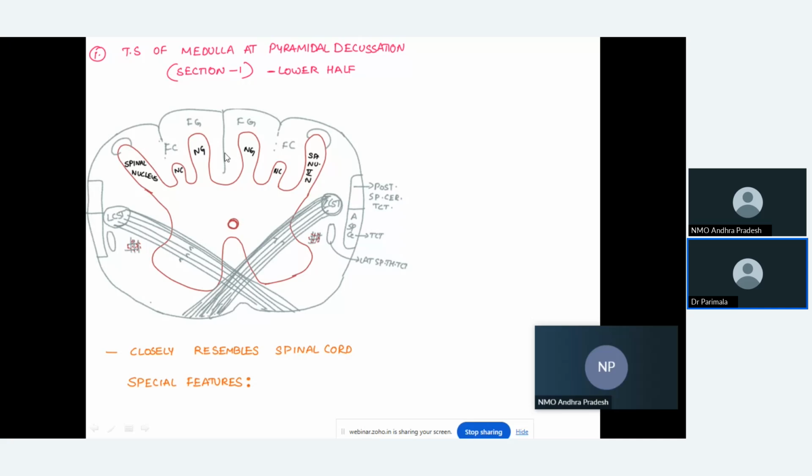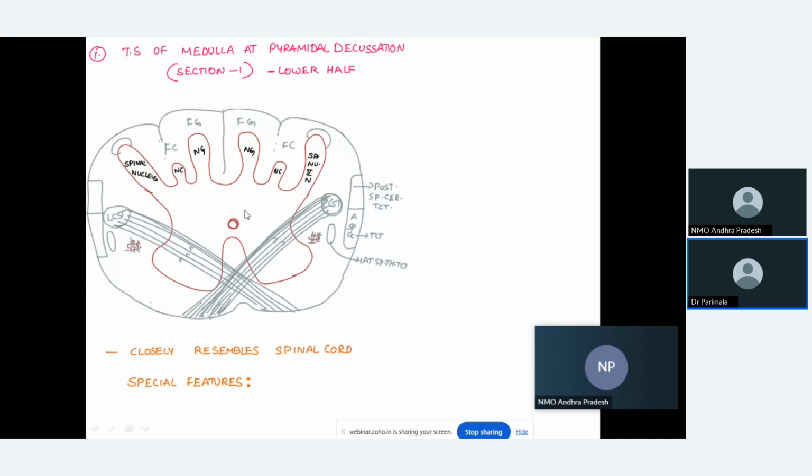Here I'll tell in brief and then I'll show you the slide. Observe the gray matter. What are the points you have to mention about the gray matter? The gray matter at this section presents with a posterior horn, the end of which bulges to form the spinal nucleus of the trigeminal nerve. I have written here the spinal nucleus of the trigeminal nerve. As I have mentioned, this is the only cranial nerve nucleus we see in this section. So once again, the posterior horn bulges at its tip to present with a nucleus called the spinal nucleus of the trigeminal nerve. This is the first thing.